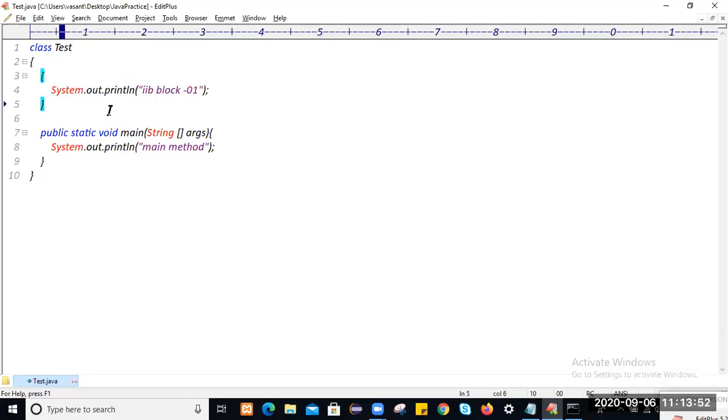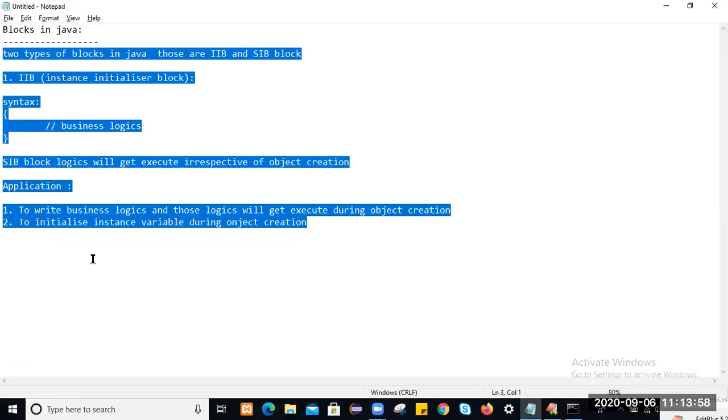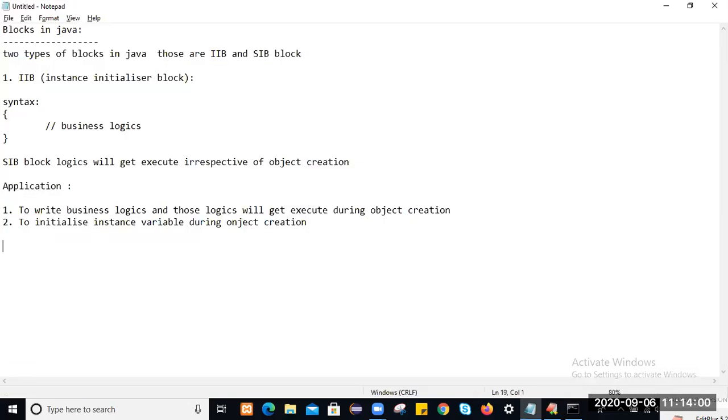Instance block logic's execution depends on object creation only. So this is the first rule for the instance block. Write down: instance block logic execution depends on object creation.